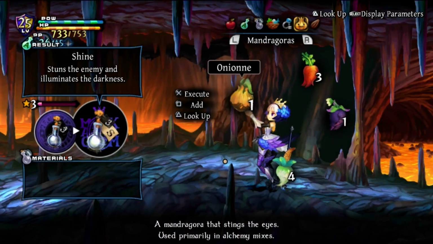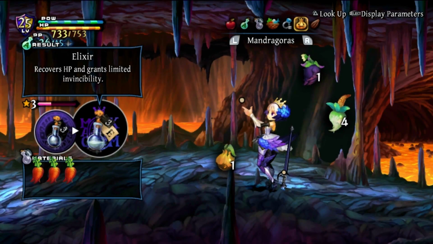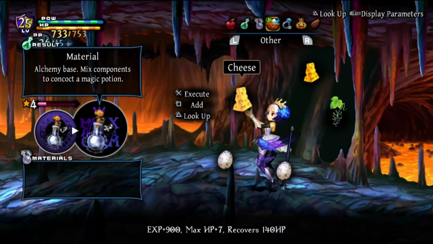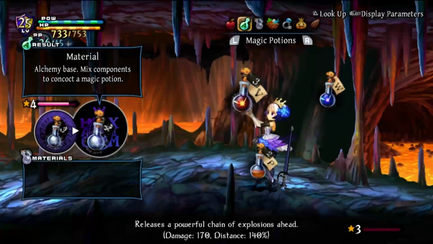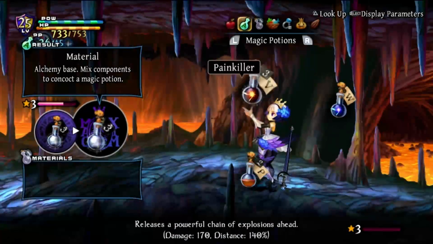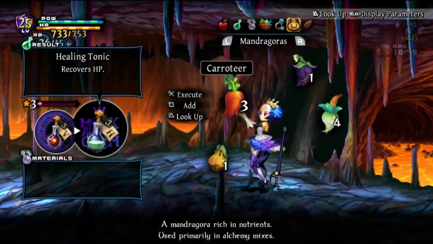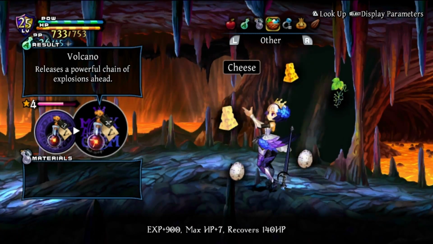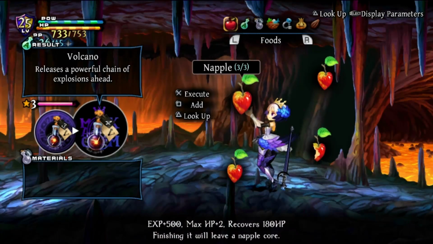Or I can put in an onion and make it stun the enemy, illuminate the darkness. Or I can recover HP and get limited invincibility. And you can do all sorts of stuff with this. In fact, there are bones that you can get that will actually create even more different kinds of potions. And you can upgrade previous potions by adding ingredients to them. I'll demonstrate. So if I get the volcano and put in, like, eggs, it'll make it an even stronger version of the same potion. So there's lots of mixing and matching to be done here,